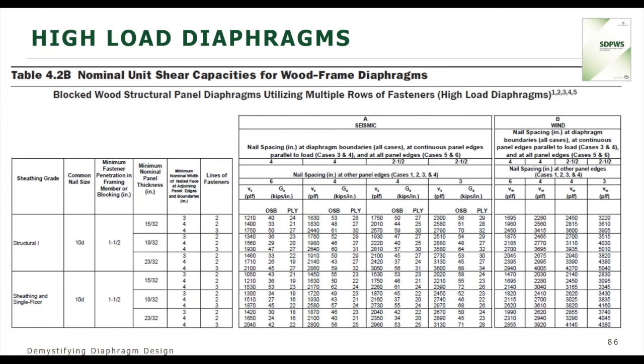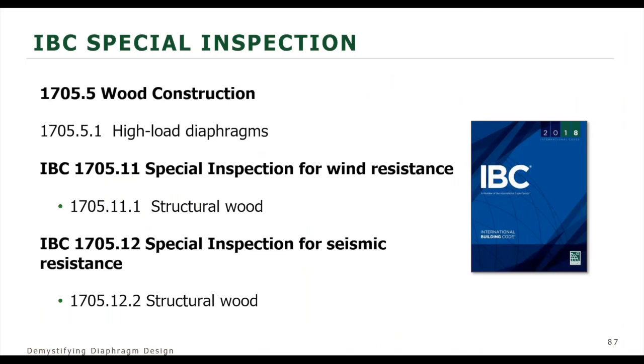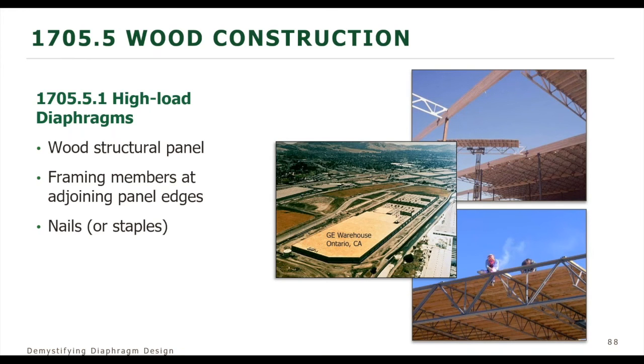However, it does use multiple lines of fasteners, 2 to 3 lines of fasteners, and the minimum width of the framing members is 3 by or 4 by. And for these types of framing or diaphragms, it does require special inspection, specifically under 1705.5.1 that has special inspection requirements. And what is required is to check the wood structural panel, make sure that it's constructed as specified on the drawings, the framing members at the panel, adjoining panel edges, and then the nails or staples that are used on